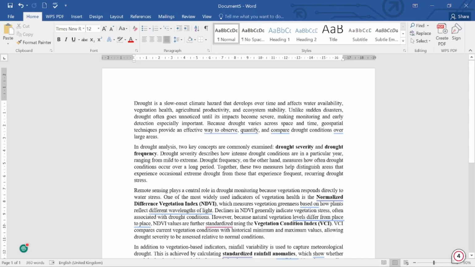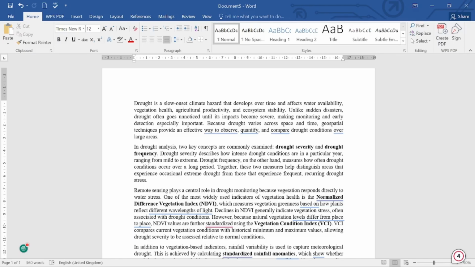So we can take a period of, let's say, 2000 to 2025 and then determine how drought has occurred between the time period from 2000 to 2025. And then also we have